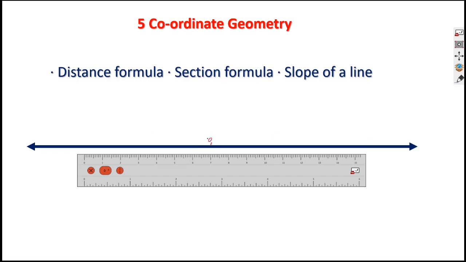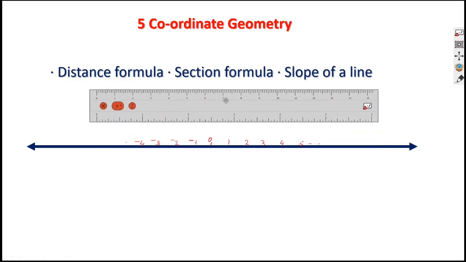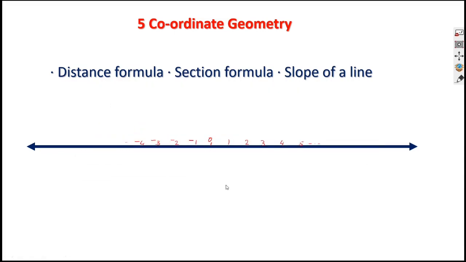Representing this as 0, I can say this is 1, this is 2, this is 3, this is 4, this is 5. It goes on like this. Here on the left side, -1, -2, -3, -4, and it goes on. This way we represented the number line, and it helped us a lot to understand the concept of number system in a better way. And